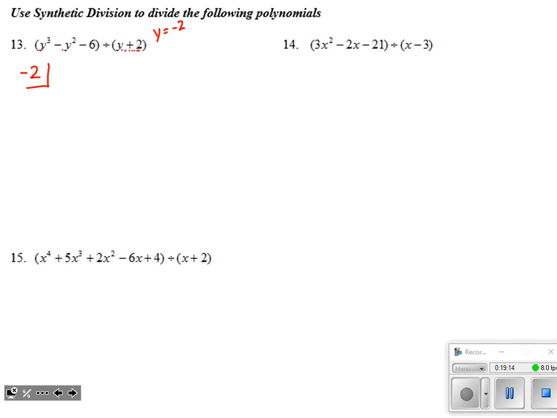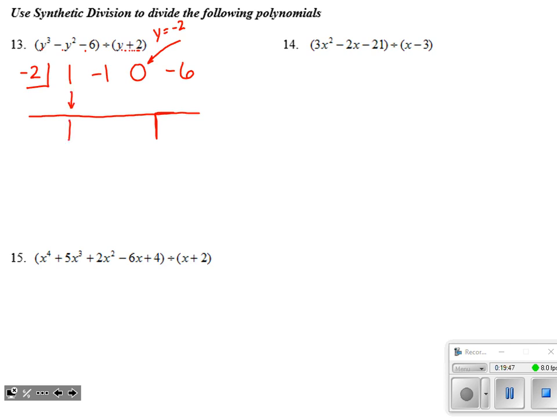And then I'm looking at the coefficients of what I'm dividing up here. I've got 1y cubed minus 1y squared. I've got 0 y terms and minus 6 for a constant. I'm going to make a little corner off to the side there. That's where my remainder will end up when I do this synthetic division. And I can tell you right now, if people are making mistakes, leaving that 0 placeholder out, that is a crucial step, and it's a really easy thing to miss. All right, so now we run through the process.